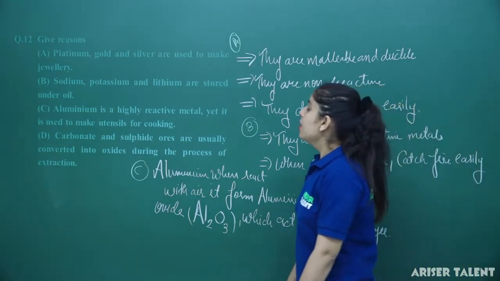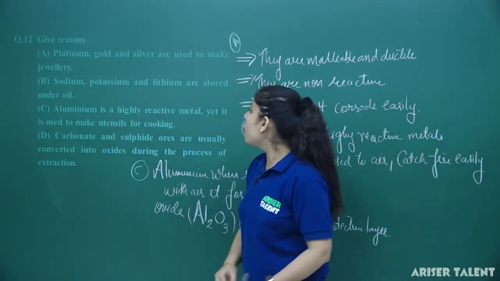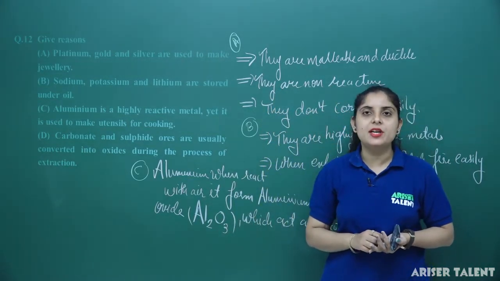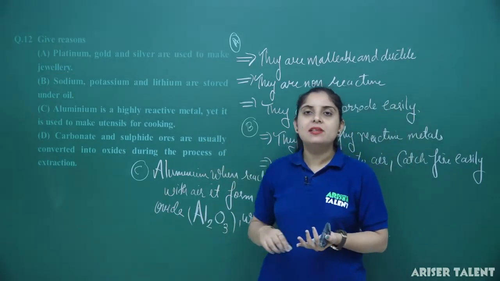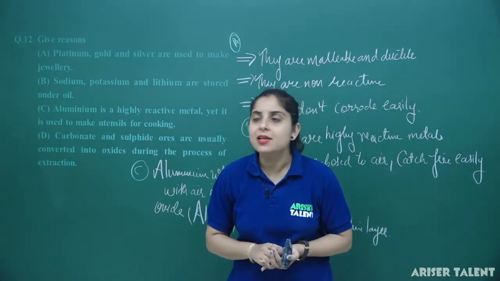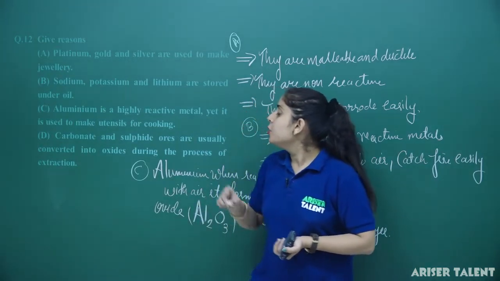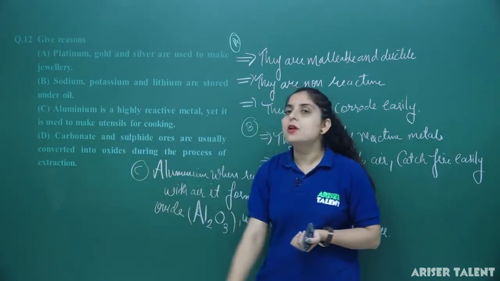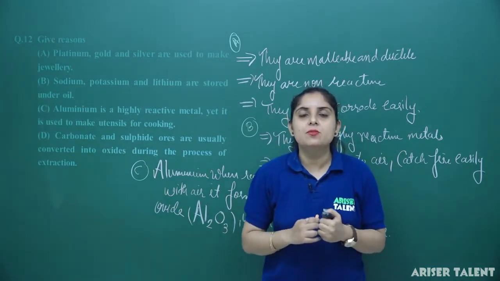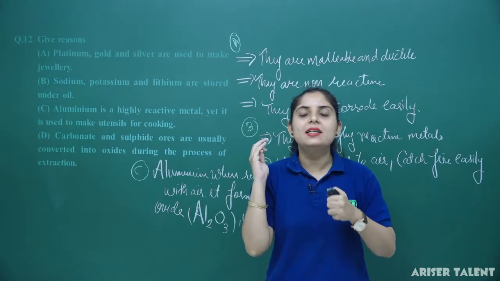D part. Carbonate and sulfide ores are usually converted into oxide during the process of extraction. So this is the last question which is related to your metallurgical part. We have done the extraction of the different metals, but we have seen there that usually carbonates and sulfides are converted into the oxides. So these are being converted into the oxides because from the oxides it is very easy